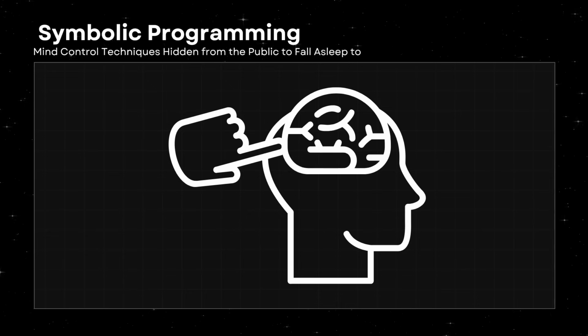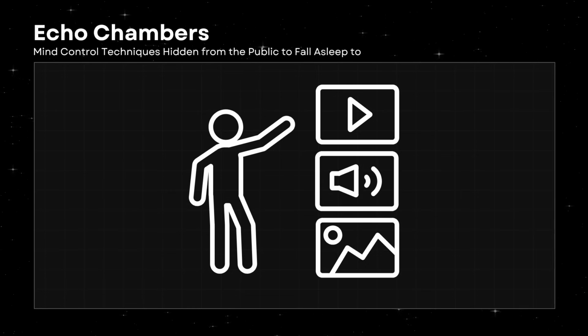That symbol can then shape what a person notices, feels, or believes, all without a single word. Echo chambers form when people only see, hear, and share ideas that match what they already believe. This usually happens on social media, in search results, or in digital communities. When someone's feed is full of content that agrees with their views, they feel supported, but they also stop hearing different opinions. Over time, this shapes how they see the world. It reinforces their bias and makes them less likely to question their own